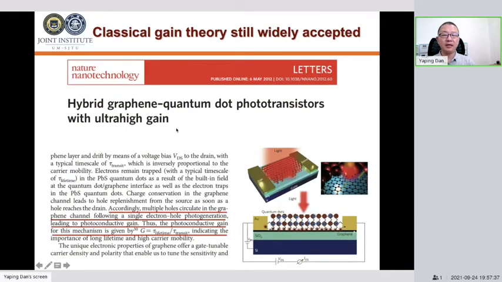And another paper published in Nature Nanotechnology also uses this theory to explain their new device. That means this theory is still widely accepted by the research community,